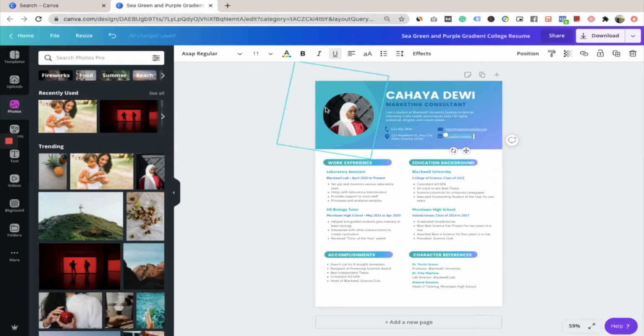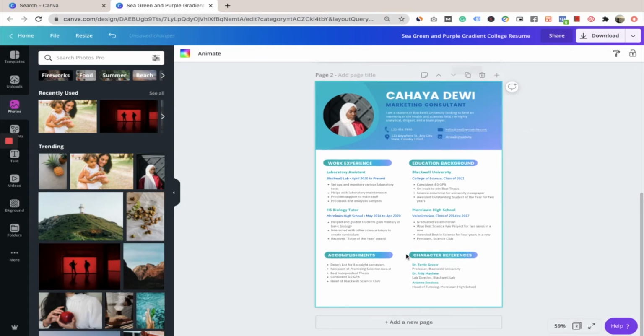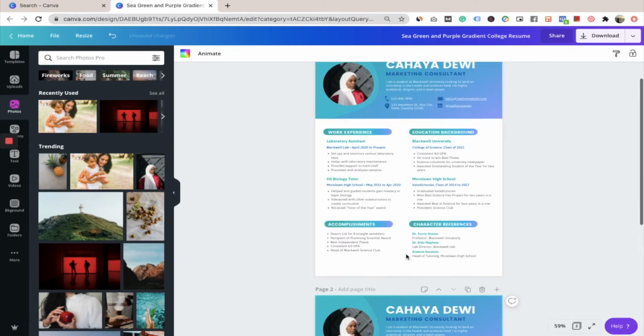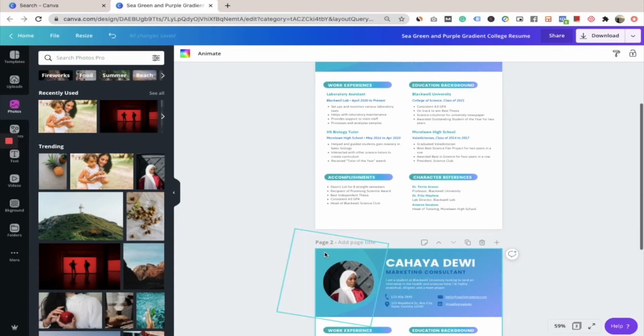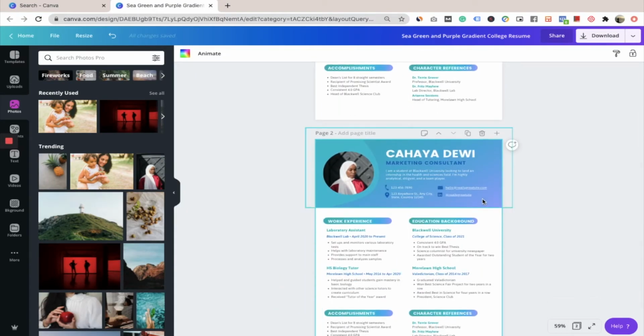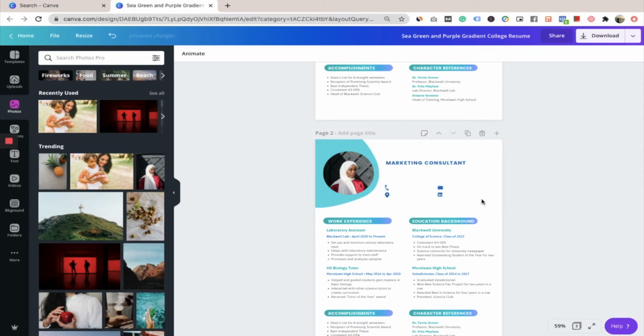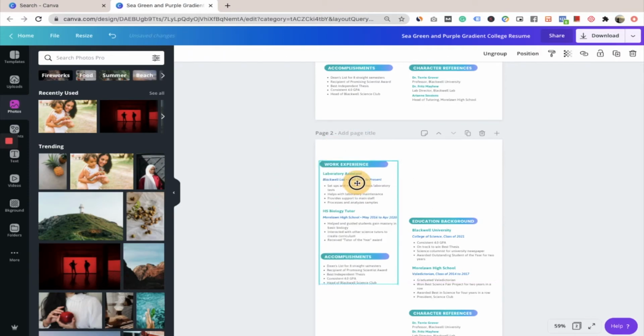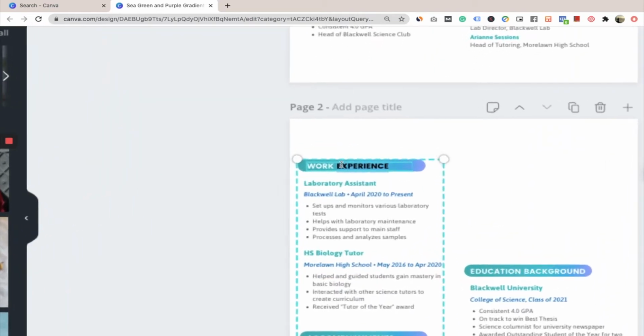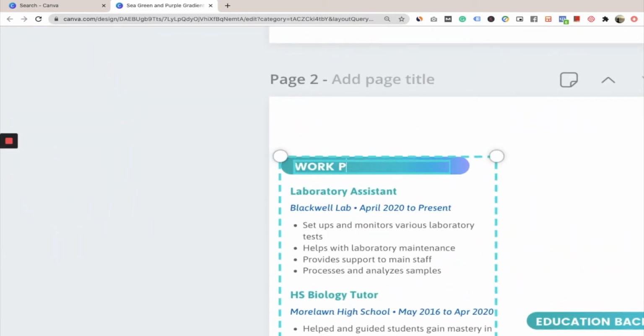Just in case you want to copy the same format on the next page, you just copy this page, and you can see there are two pages, like two copies are there. Now from the second one you can remove all other elements that are absent here, right? Since it would be just a repetition, I'm going to delete this. You can adjust it like this, and let's say you want to edit your work experience and add some personal detail.